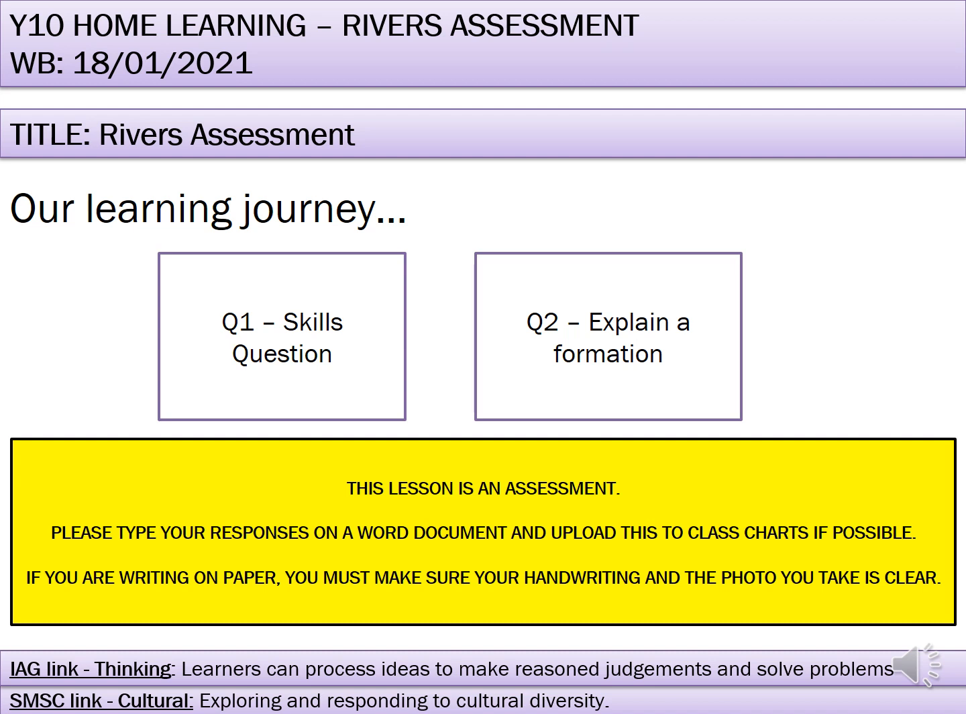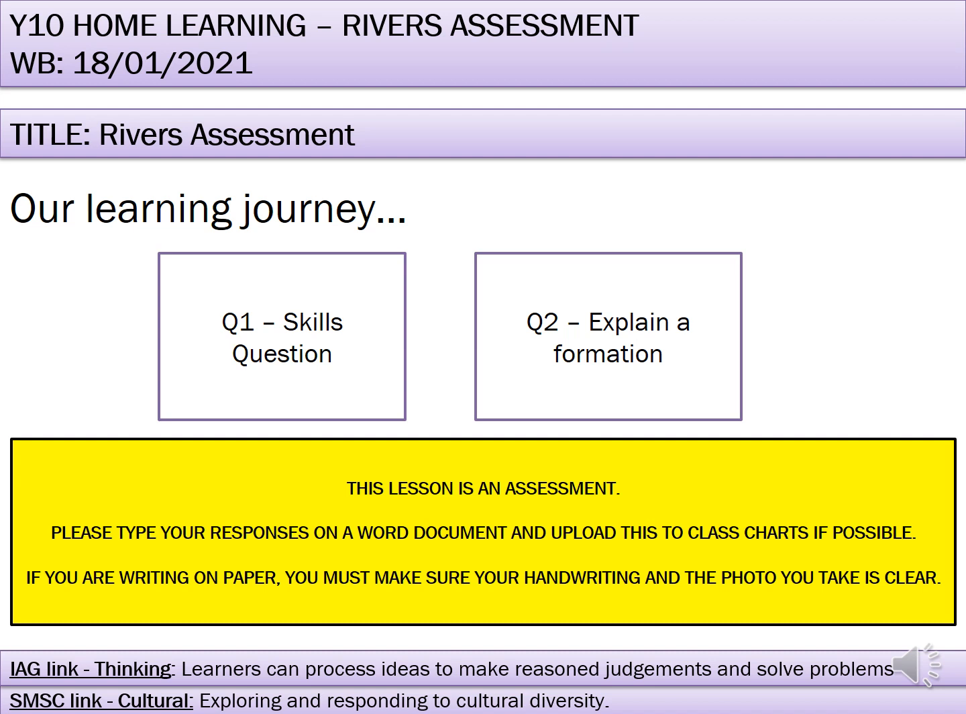Question 1 will be a skills question, as it always is, and question 2 will be an explain the formation question. It looks like a short assessment, but that is because we didn't completely finish rivers last half term due to you guys keep isolating. So we've condensed it to check your skills and your formation skills, and then we will go back and do some of the other stuff when you get into year 11